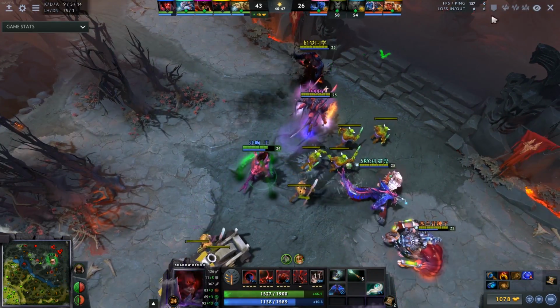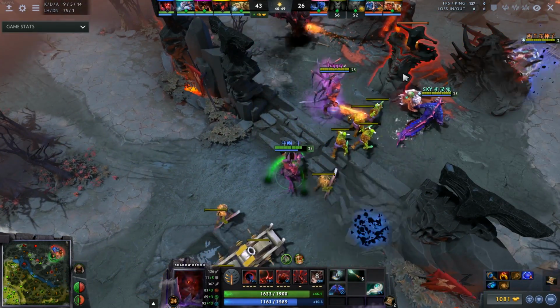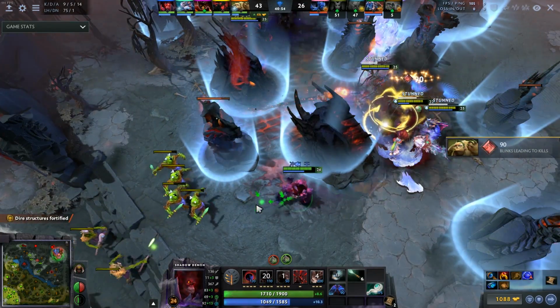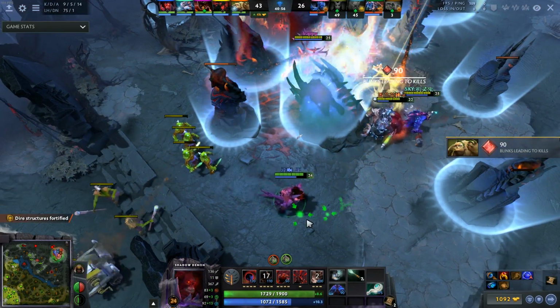I've seen Shadow Demons get rampages. There's clips of that. You can look it up because they just got the proper illusions. This hero is one of the best supports for carrying, and in the 4 role, his laning stage is pretty